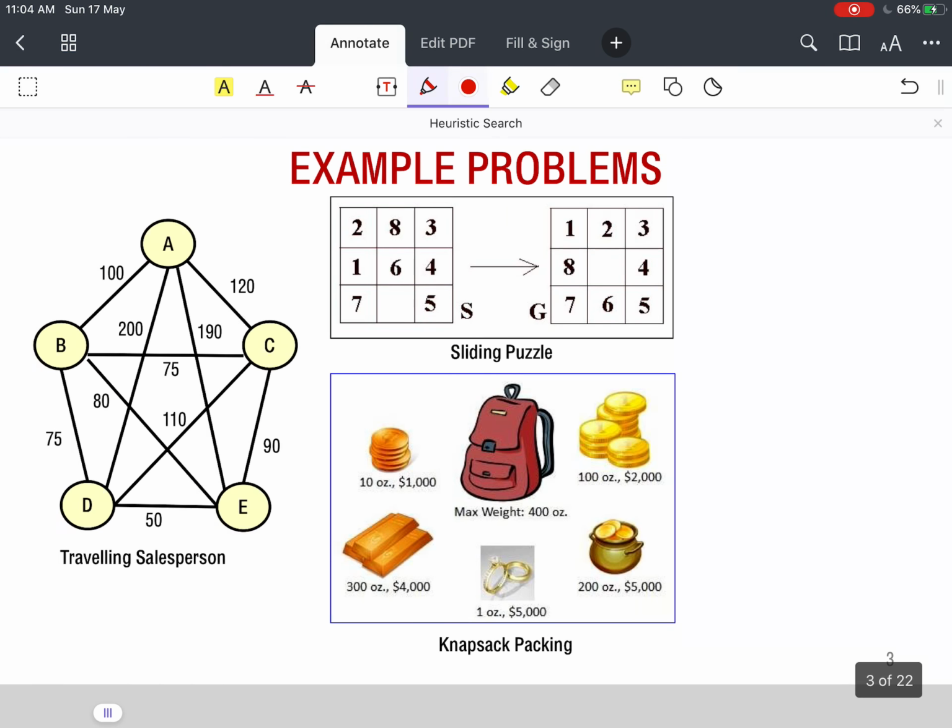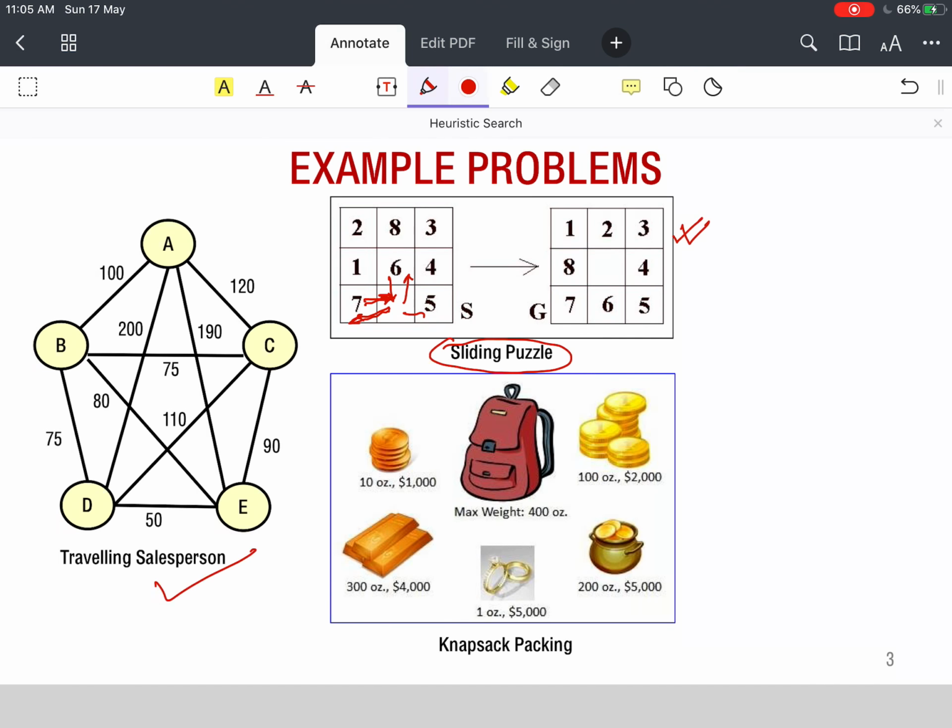We have seen several cases and example problems. We saw the traveling salesperson problem earlier, and we saw the state space that is generated by the traveling salesperson problem. Another famous problem is the sliding puzzle problem. This is a problem which we have played as children. It can have these 9 slots with one blank slot, and these blank slots can move by switching. For example, this blank slot can move here and the 7 could move here. Or this blank slot could move up and the 6 could move down, or the 5, and so forth.